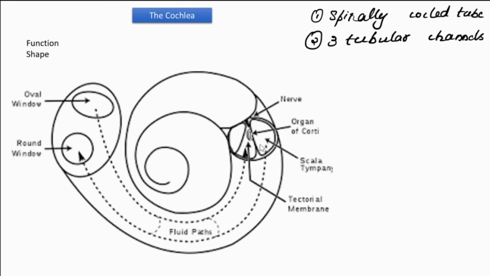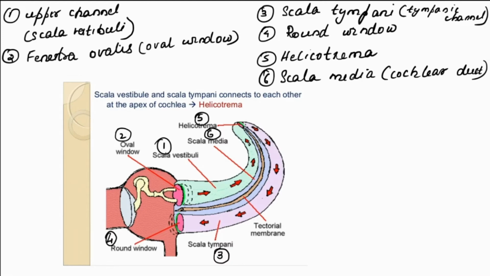Here in this section area we can see tubes 1, 2, 3. Three tubular channels are there. Next we are going to understand each type of channel. What is its name? What are their roles? What is their position-wise significance? All those things.